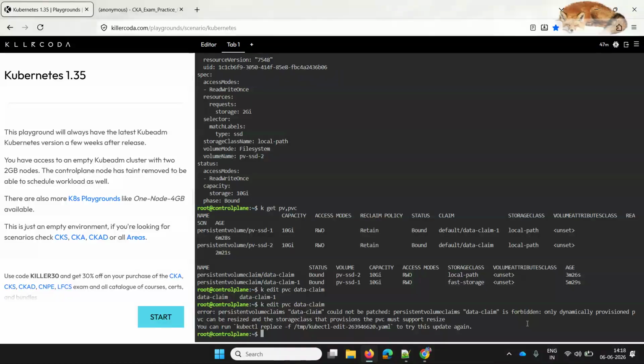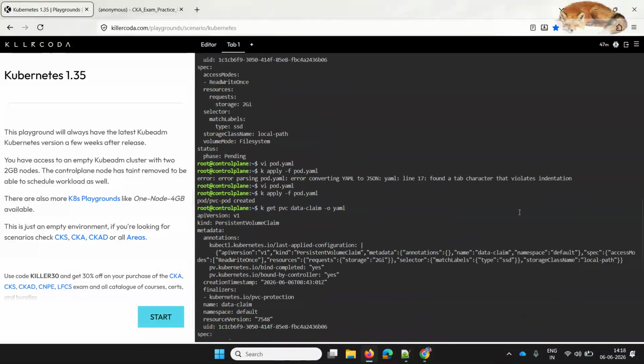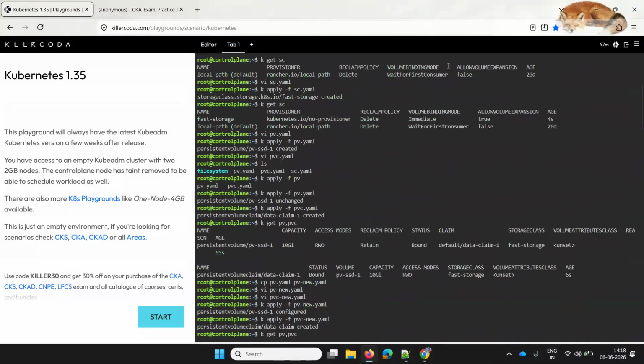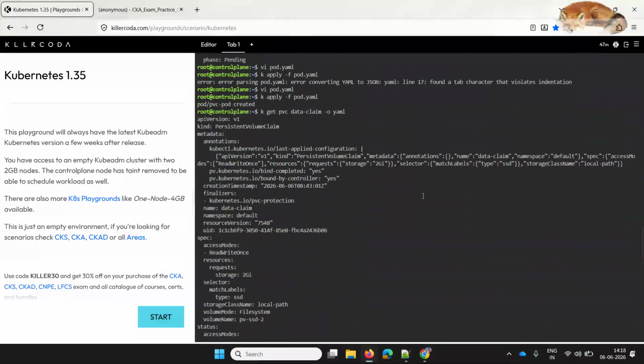Dynamic way is that you can increase the request as much as you can, as long as it is supported by any cloud provisioner or any storage resource. Until then you can request that and it can change dynamically. But with static provisioning, the request can be changed only when the storage class supports it. That means only when the attribute called allowVolumeExpansion is true.